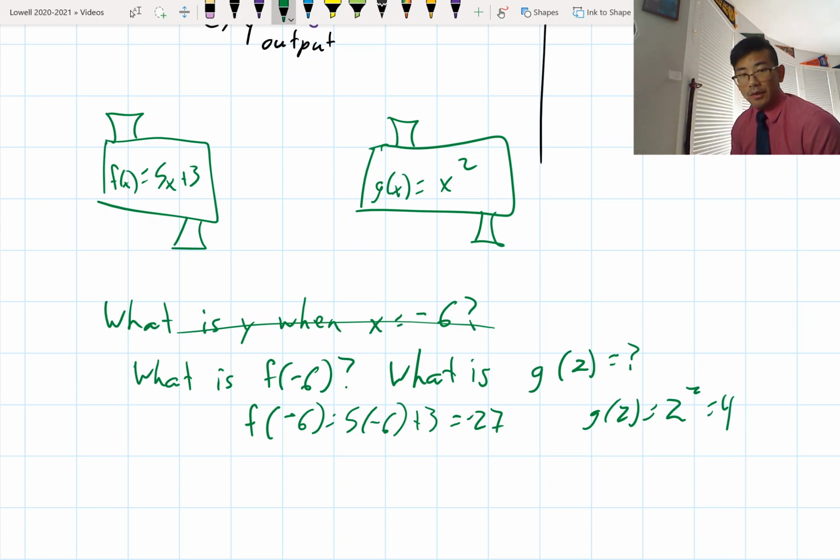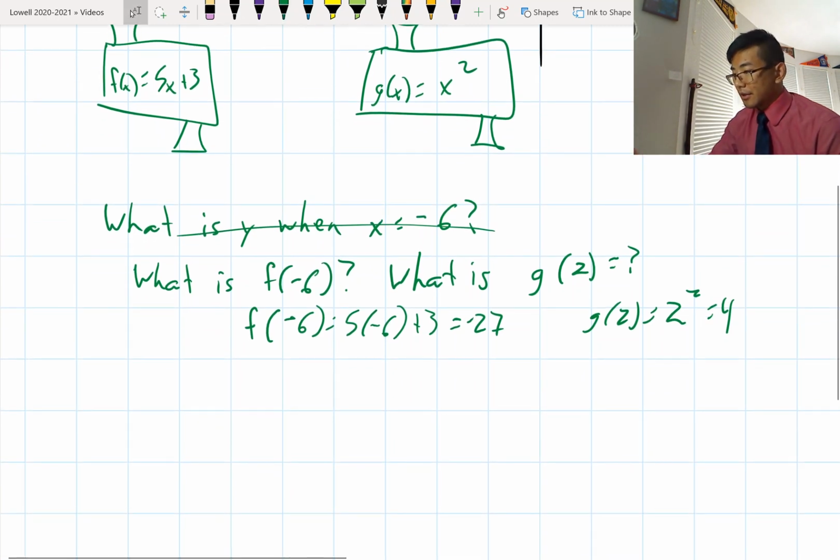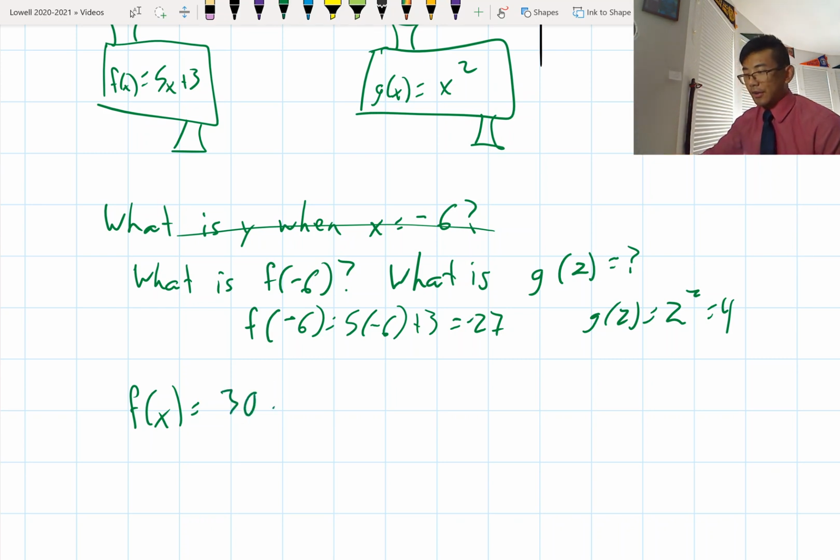Okay, another problem that you might see is something like this, where you would have f of x equals 30. And now, as it stands, it kind of doesn't look like you're actually being asked a question. Let's think about what it means: the input x, which you don't know, gives you an output of 30. Again, this 30 is the output. So really all this is asking you is if y is 30, the thing that came out was 30, what was the input that went in? That's not so bad,